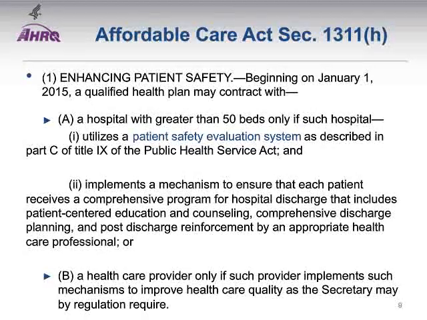And similarly, in March of last year, CMS finalized standards to phase in the implementation of this Section 1311(h). In the first 2 years, beginning January of '15, the Phase 1 implementation draws on Medicare standards and requires that the issuers ensure that certain contracted hospitals with more than 50 beds are Medicare certified hospitals or are Medicaid-only hospitals and are subject to Medicare hospital conditions of participation standards.